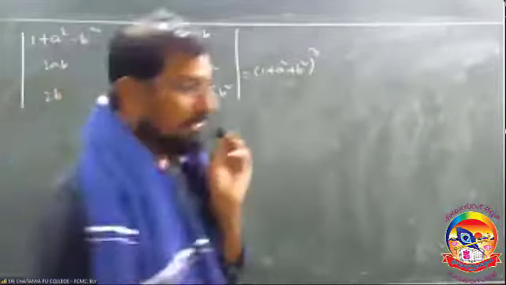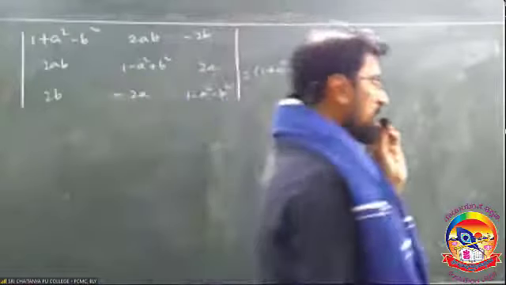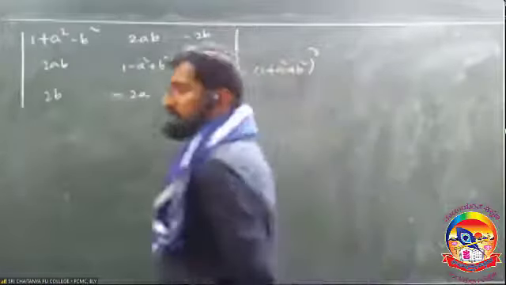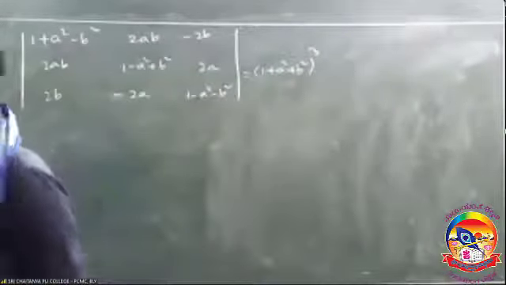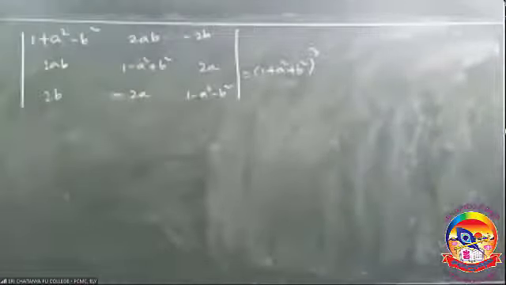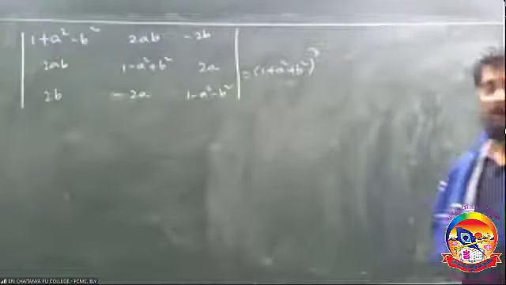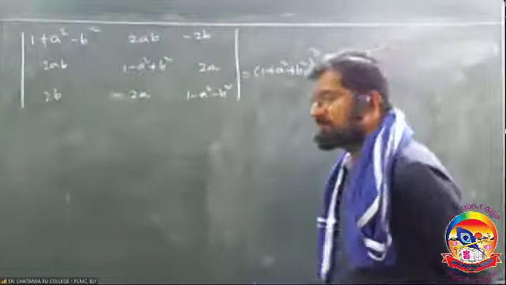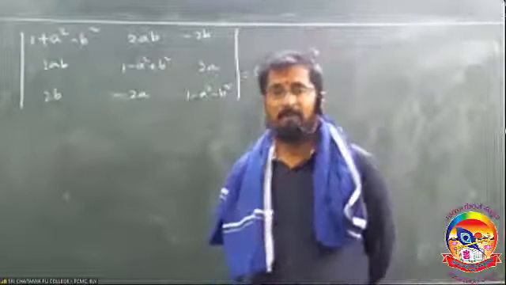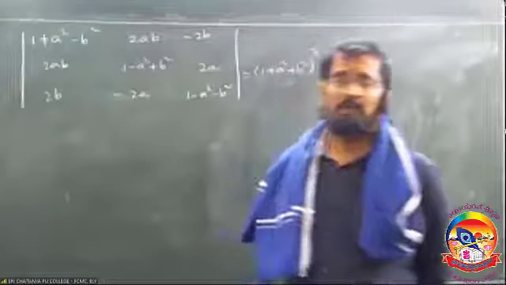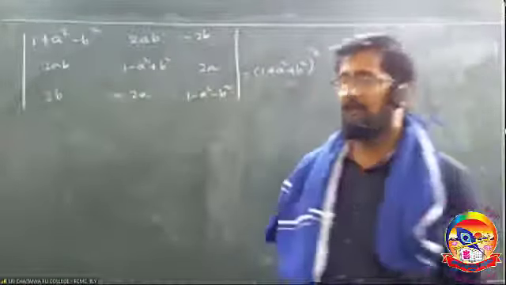But in PU, you can't use those shortcuts. Why? Because it comes for a 4 marks question. I am observing in the chat box, sir, is there any shortcut? Obviously, it is there, but you should not use it in PU. So there is no alternative for you. You should use only these methods. But you can reduce the steps. There is no government order to follow only my method. You can execute the answer in any method, but it should be correct.